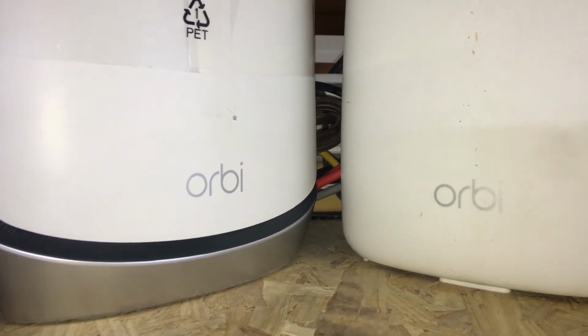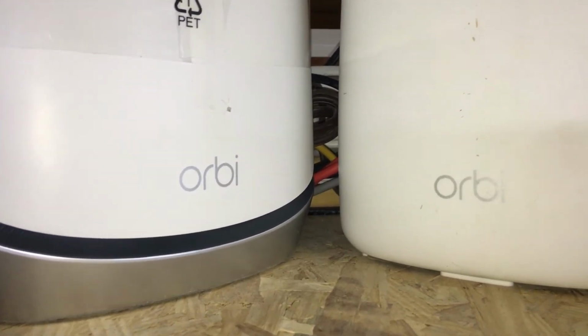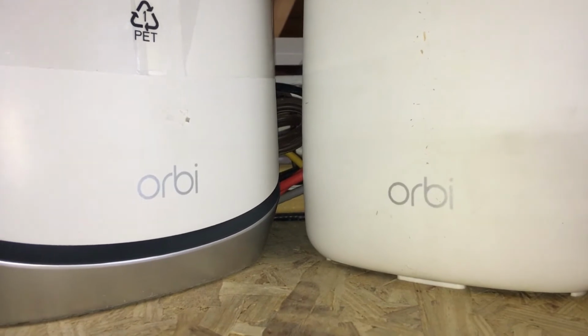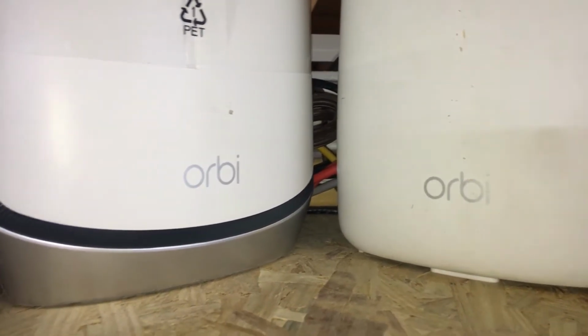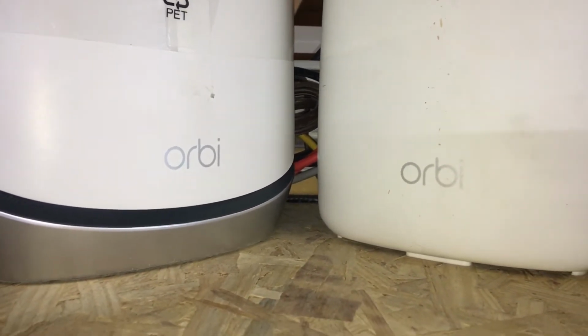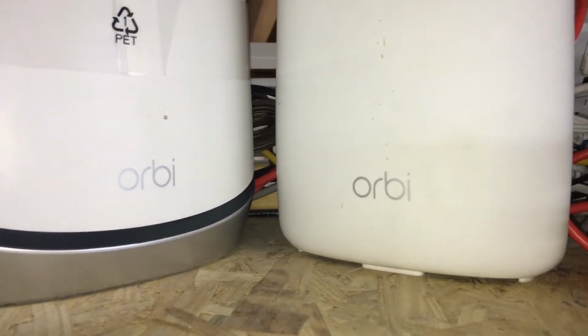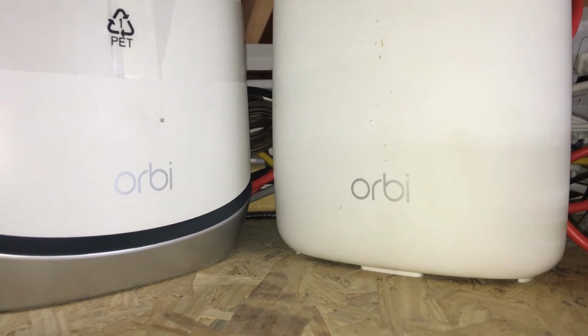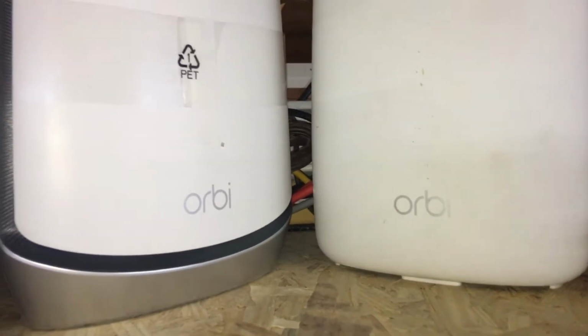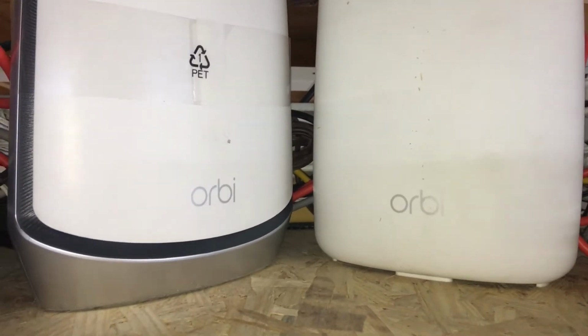But one thing I noticed, I wanted to try something. I know that the Orbi Wi-Fi 6 is not backward compatible wirelessly for the backhaul to make the connections to the Wi-Fi 5 system. So I tried physically connecting them to see what happens, and